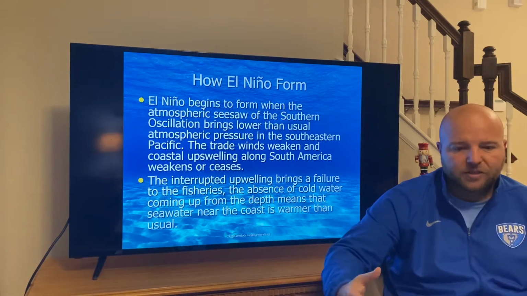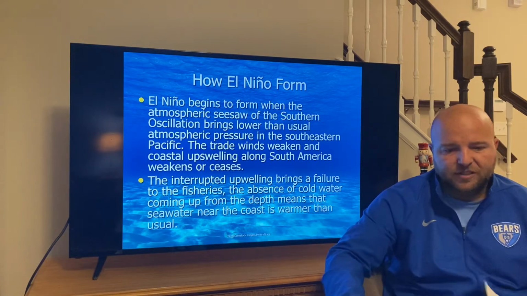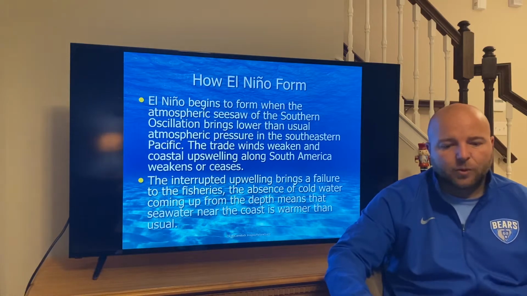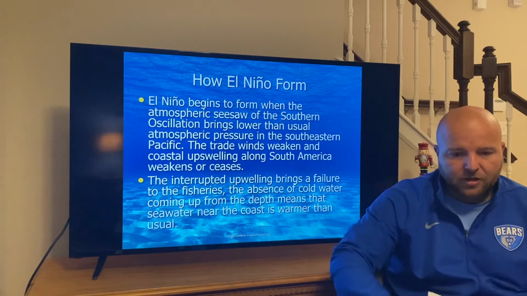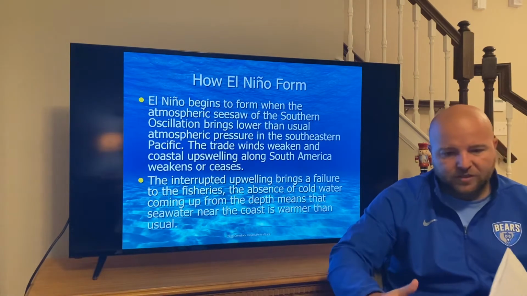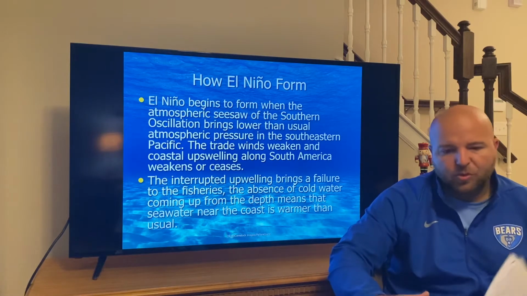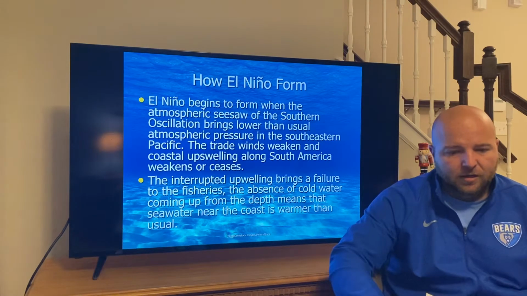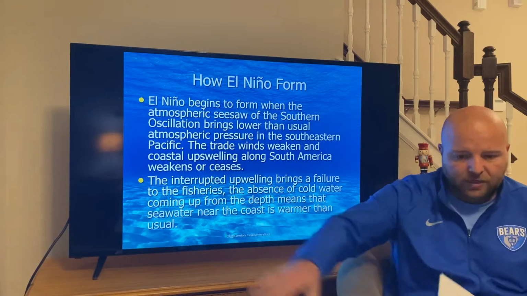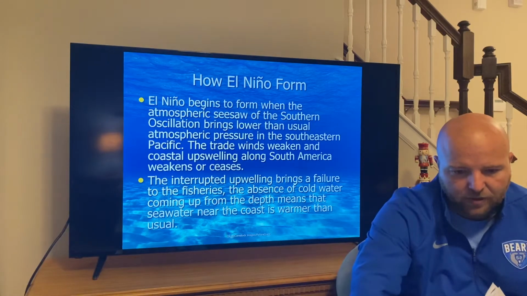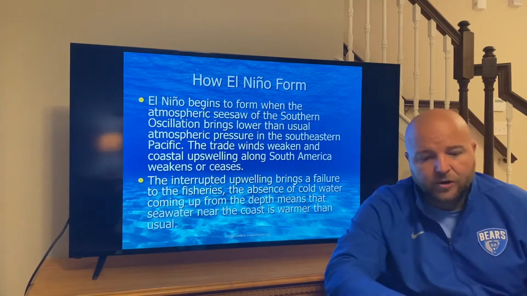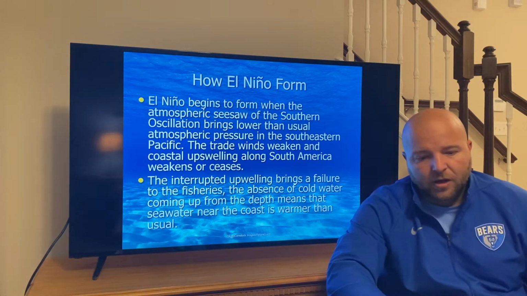An El Nino begins to form when the atmosphere seesaw, the Southern Oscillation, brings lower than usual pressure. Trade winds get weaker, coastal upwelling along South America. A little bit more that I want to talk about on the next slide, so I'm going to keep going. Actually, I do want to talk about the second bullet point there. So the interrupted upwelling, this upwelling